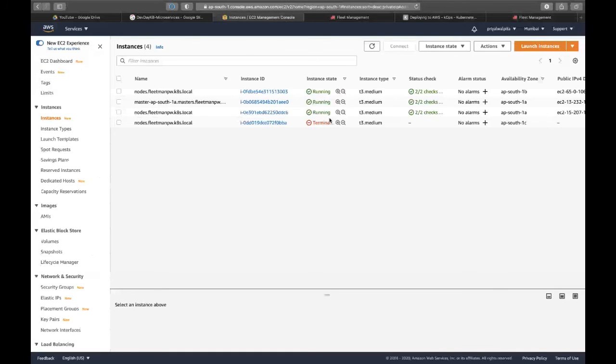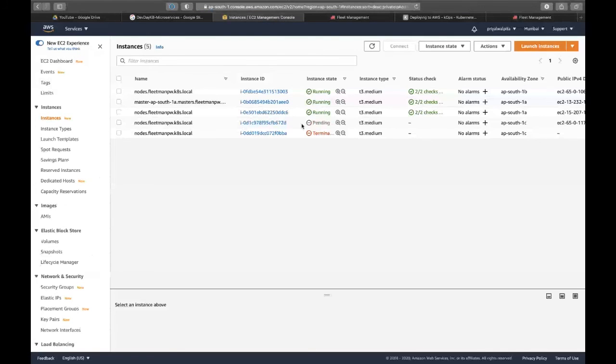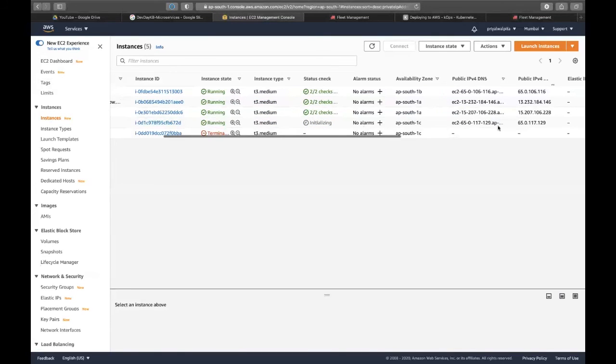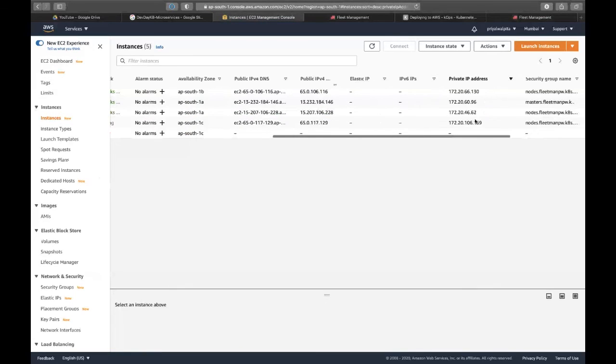Okay, so now this one is terminated, right? I think we have to wait a few more minutes. Okay, so now let's examine. You can see that a new service is coming up now. You can see it's pending. I think the local IP might get assigned. You can see that it's running so quickly, and it is still initializing. The instance is running now, and it has a new private IP, 169.